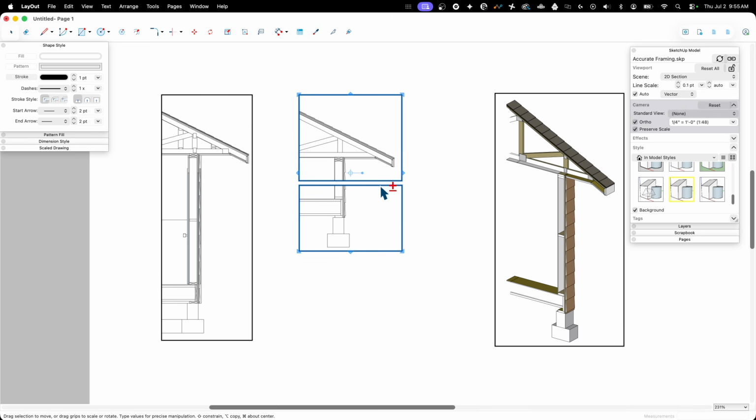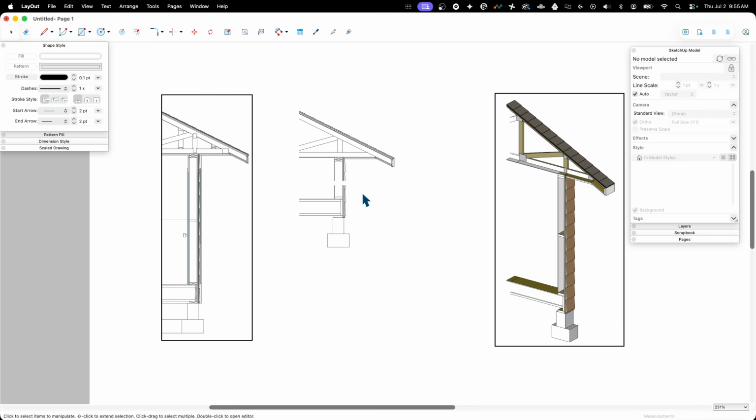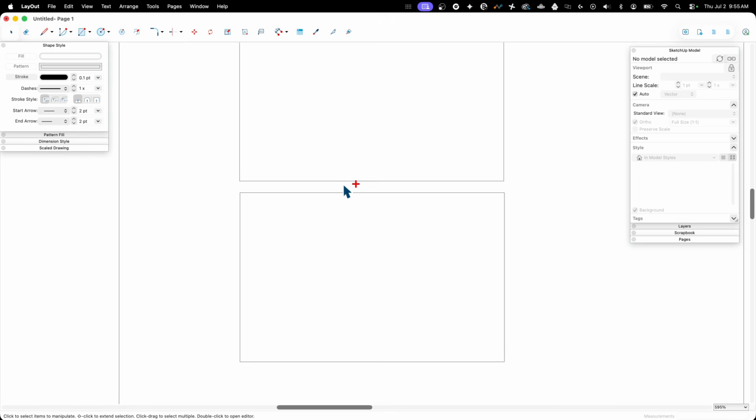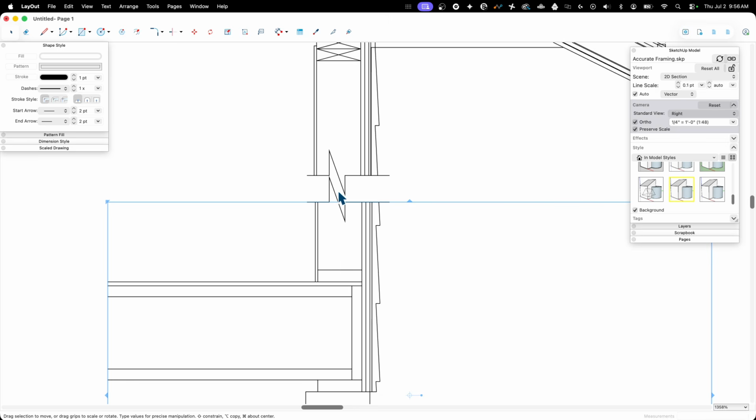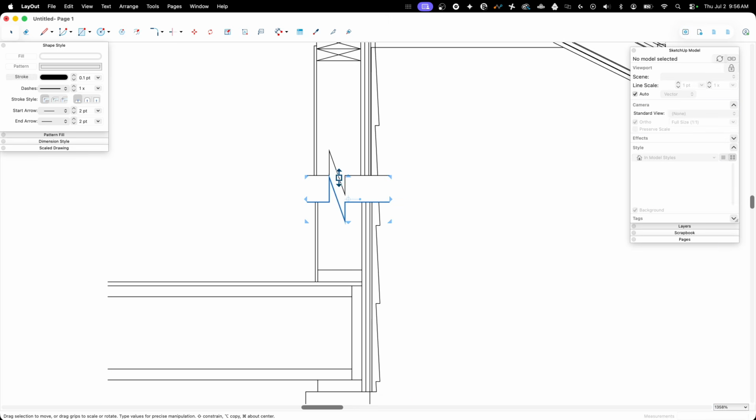I'm going to take these 2 and turn that stroke off, so I have just that. Zoom right in here and draw a quick line from here to here. Grab that, copy that down to here. Ooh, I got a little too big, a little too much. I'm going to scale those down, squash that zigzag a little bit,